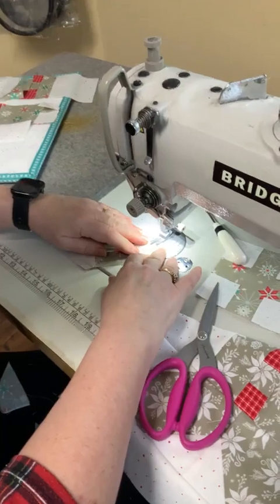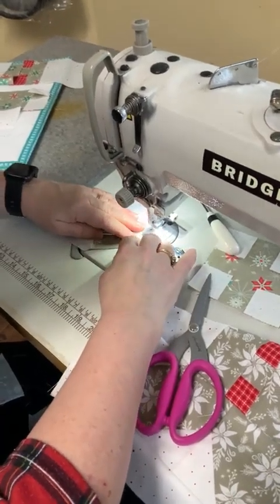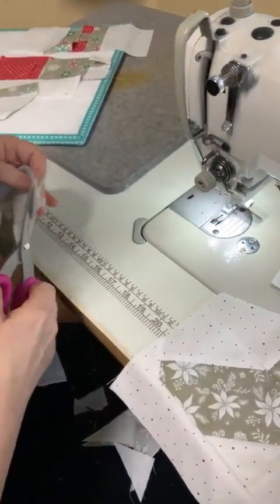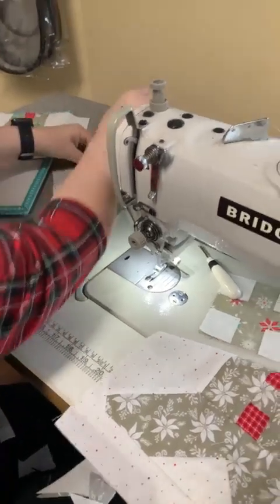I don't even use the threader on my other two machines. What? I don't. Oh, if I had it, I would use it. I need to do it, but I don't. Okay, so that's our two